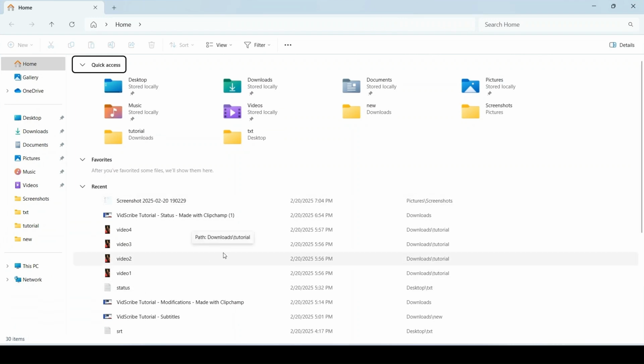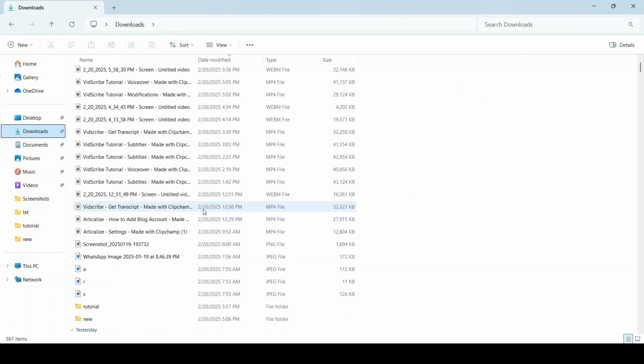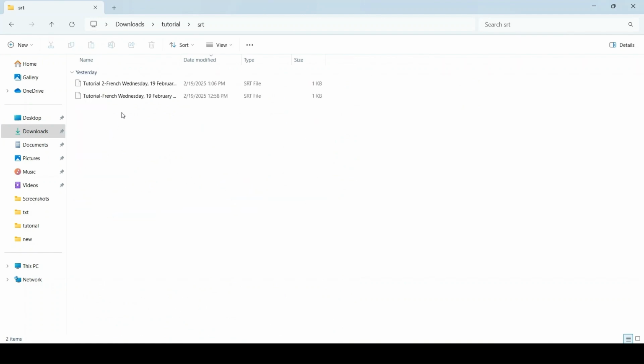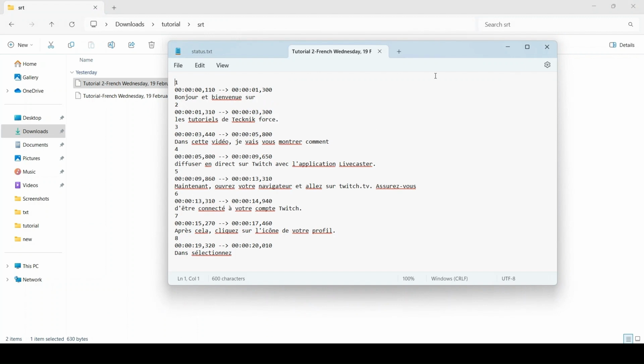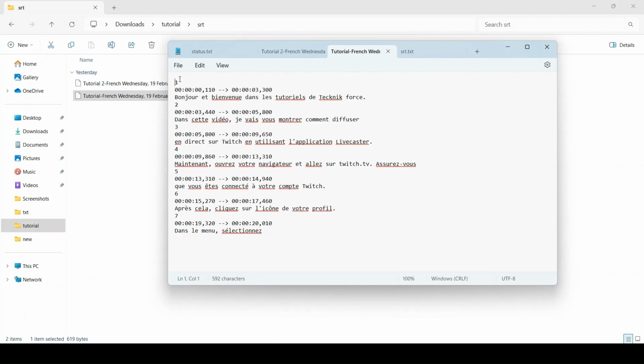In this video, we're going to discuss how to make SRTs with Vidscribe. Navigate to the Download section and open the folder where the downloaded SRT file is stored. And open it. An SRT is a specially formatted text file, which provides subtitles for various video players such as